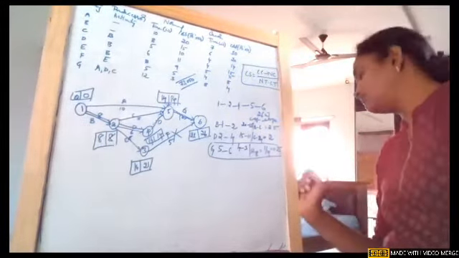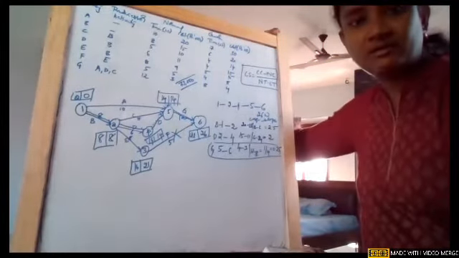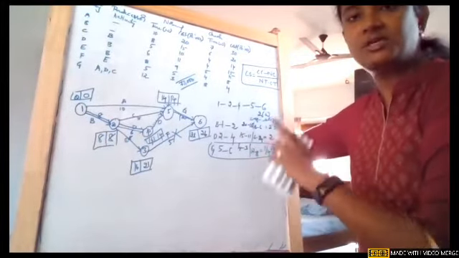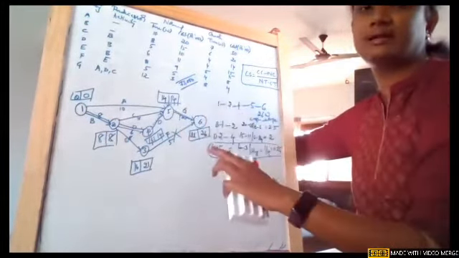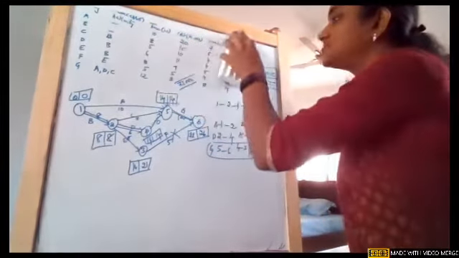Before that, we need to show the cost also. If you remember, the cost table is very, very important. So this is one step we completed. After this, we need to first show the cost for this particular network, and then proceed with the next network. So for this, I'm just erasing this.